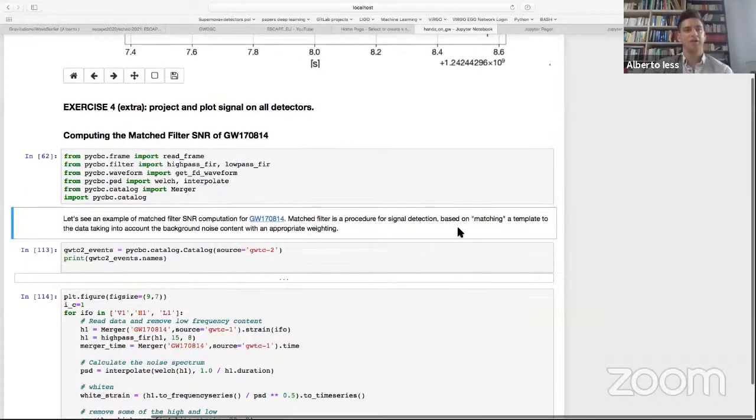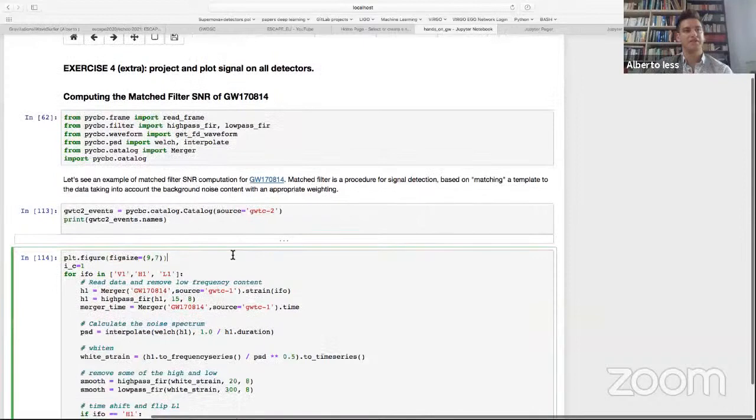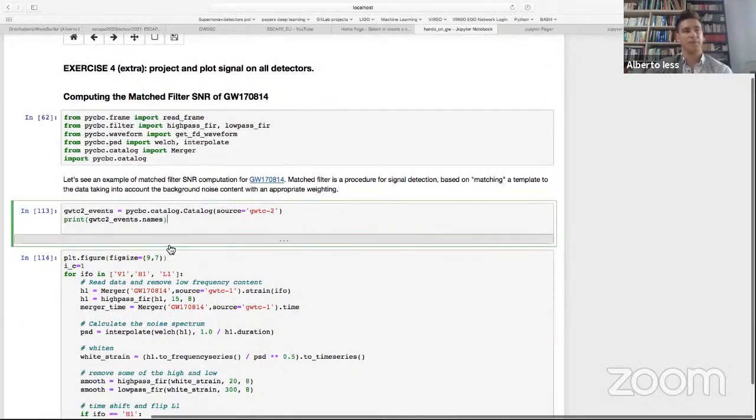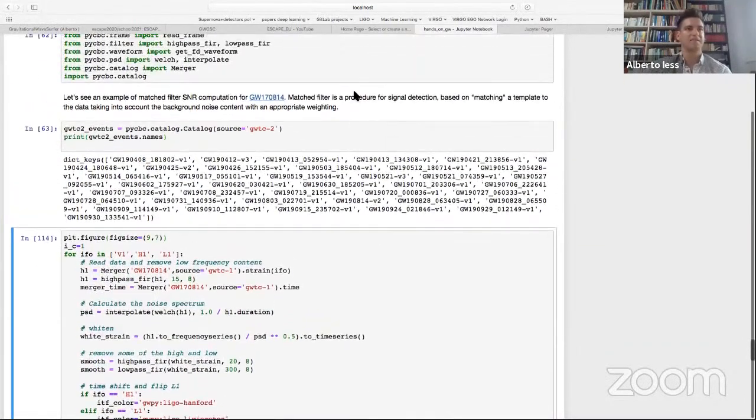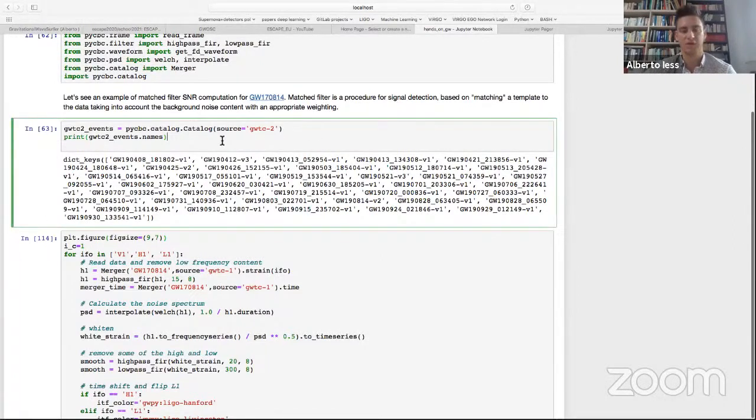So let's see how this works. First of all, I want to show that also in PyCBC you can list events and access catalogs. This is a similar function to the Gravitational Wave Open Science Center one. And also in Gravitational Wave Python, if I recall, you have a similar possibility, but I didn't look into it before this